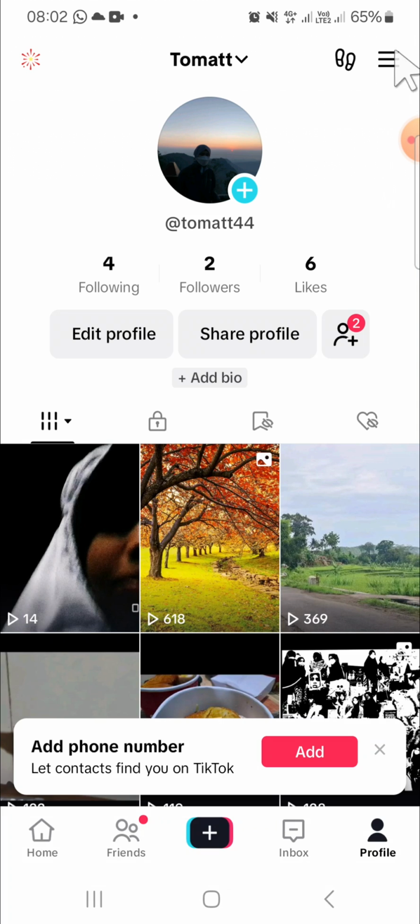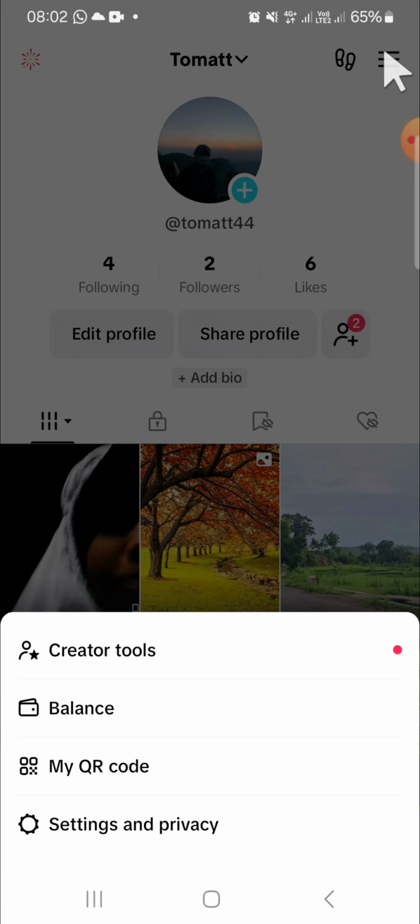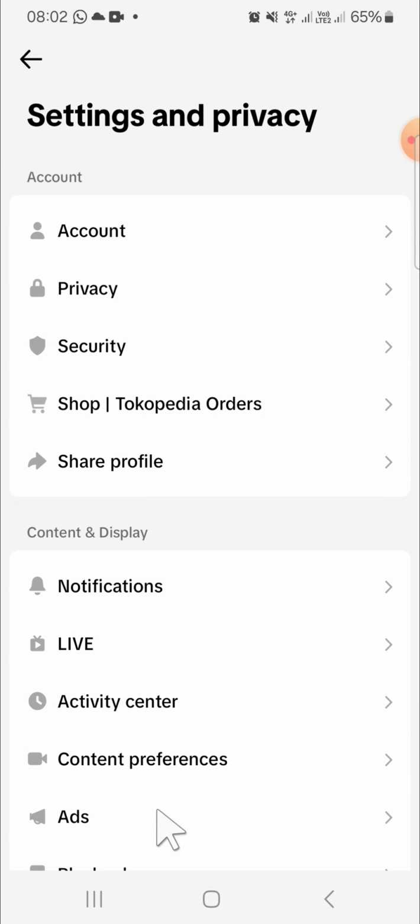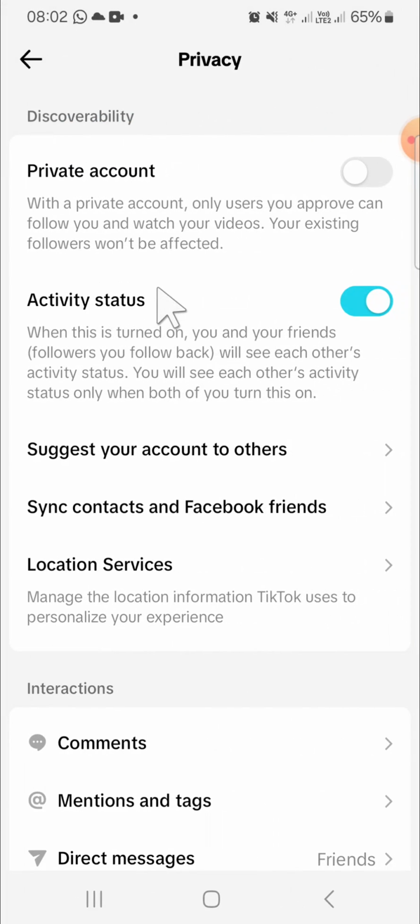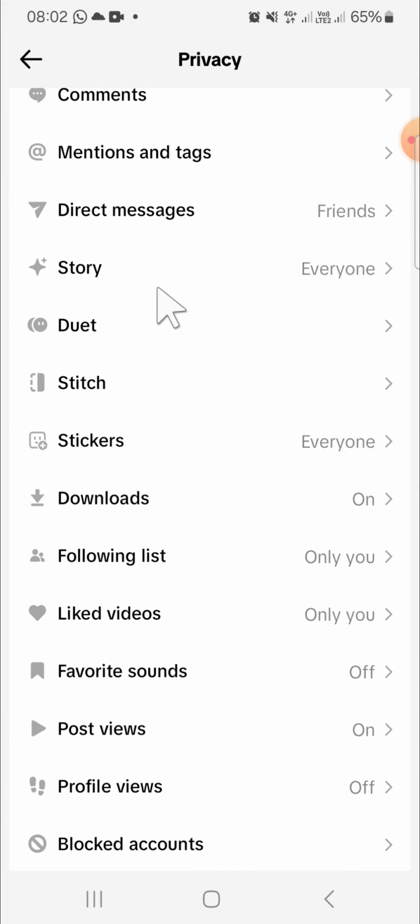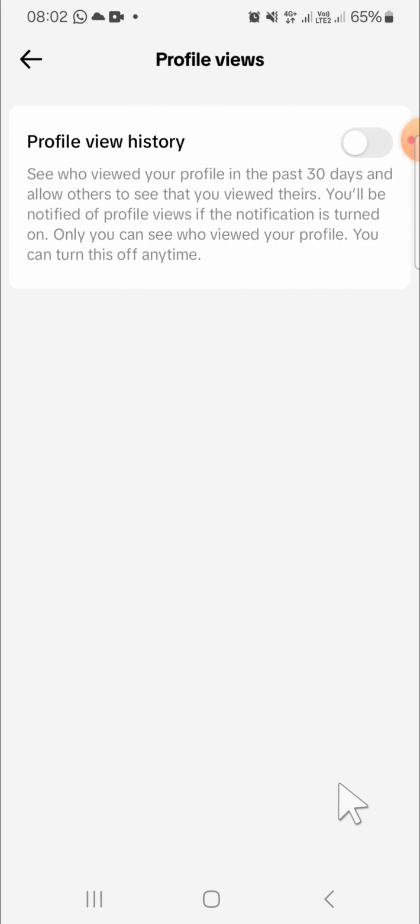And here we can click on the three lines on the top right corner. And then we're gonna open the TikTok settings and privacy. Alright, and here we're going to click on privacy and we can scroll down until we find the profile views. And here we can activate the profile views feature, and you just need to click on this toggle button to